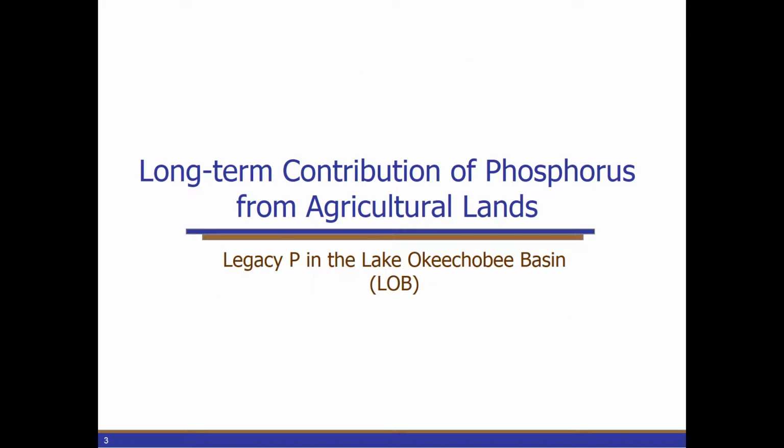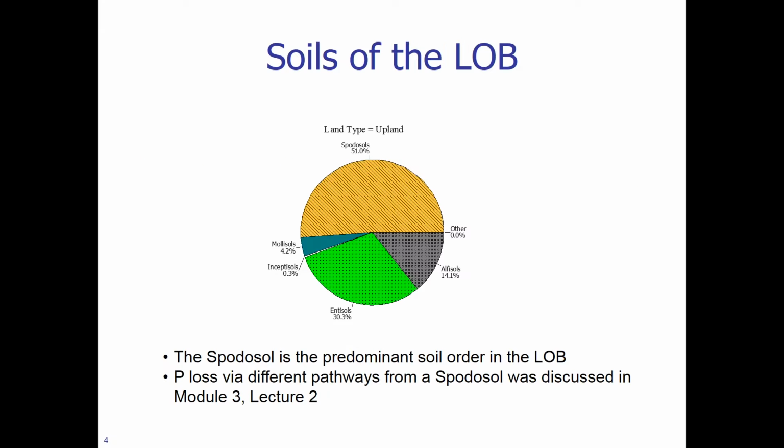First of all, let us look at the long-term contribution of phosphorus from agricultural lands, and we'll be taking a look at legacy phosphorus in the Lake Okeechobee Basin. Soils of the Lake Okeechobee Basin are variable, but predominantly Spodosols, and we looked at P loss via different pathways from a Spodosol in an earlier lecture. That is in Module